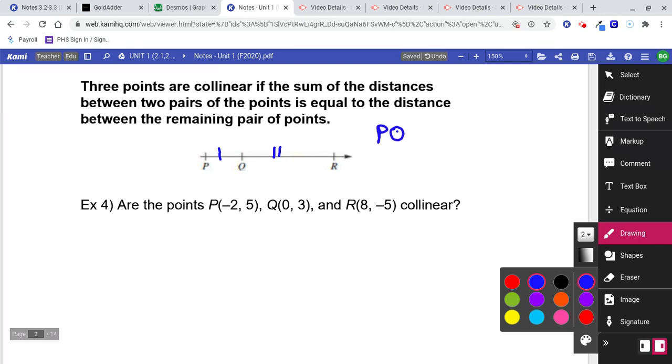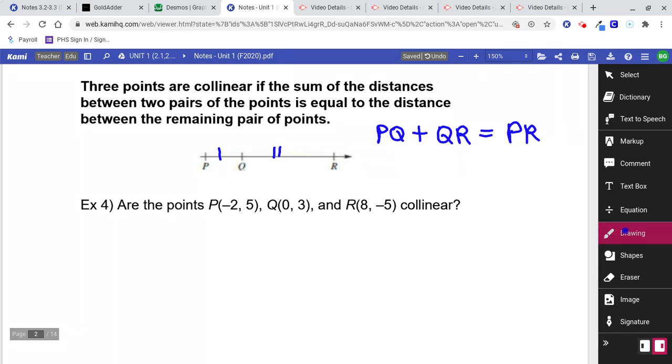But segment PQ plus segment QR is going to equal the total segment PR. And that should make perfect sense, right? Okay, that should make perfect sense. But in this problem, we're asking if that is true. We're asking a question. Is it true that this plus this equals this? Okay? So